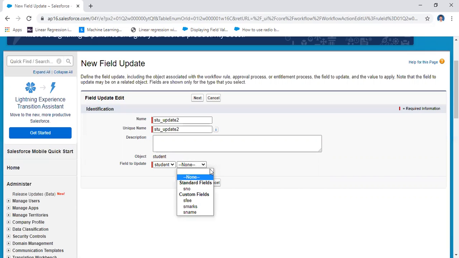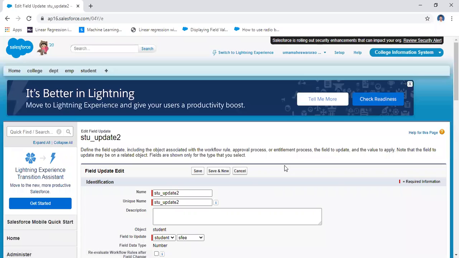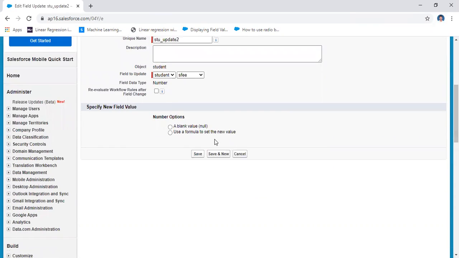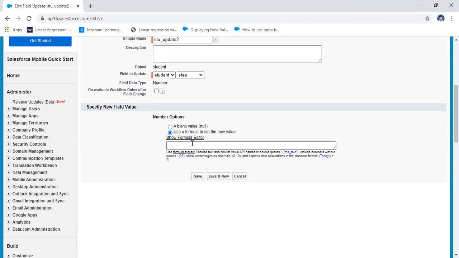On which field are you going to update? Fee. That means if student marks are greater than or equal to 60, you have to update the field. For updating the field, specify the new field value, or you may use the blank value, null value, or you may use the formula.